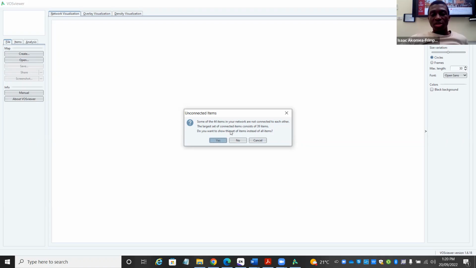Do you want to show this set of items instead of all the items? Yes. Out of the 44 that met the threshold, the software is telling us that only 39 are really connected. About 5 of them are not. So that's what we want to show. If you click yes,